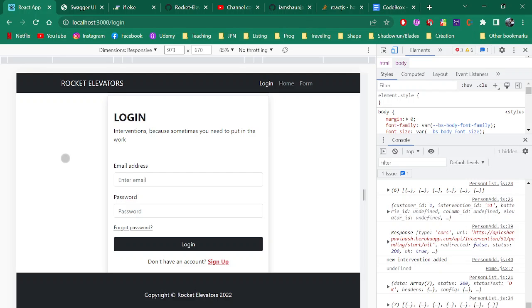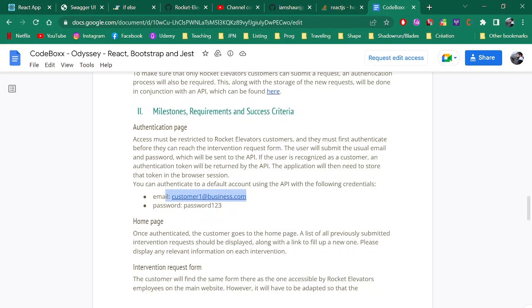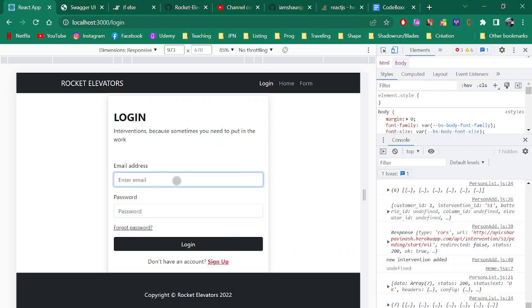So for the last week of the bootcamp, we decided to go back on the React project to practice the APIs a little bit more, the get and post API. Here on login, we had to do an API that would give you a token that you would use for the other API if you put the right email that you have on Codebox here, customer one, and password